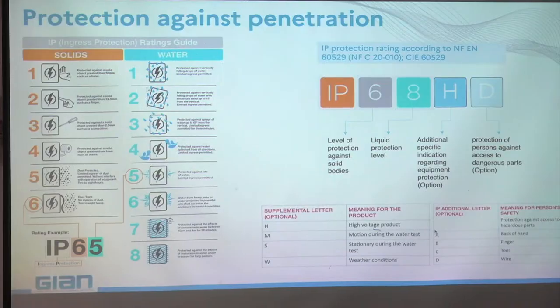If you are in the city and you have rain, if the rain comes vertically, you have some protection and you can go up with different inclinations, and then here you can go in number 5 or 6, even if you send water with a high pressure water jet to clean the luminaire, for example, from above. Here in 6, the water will not penetrate up to a very high pressure of the water